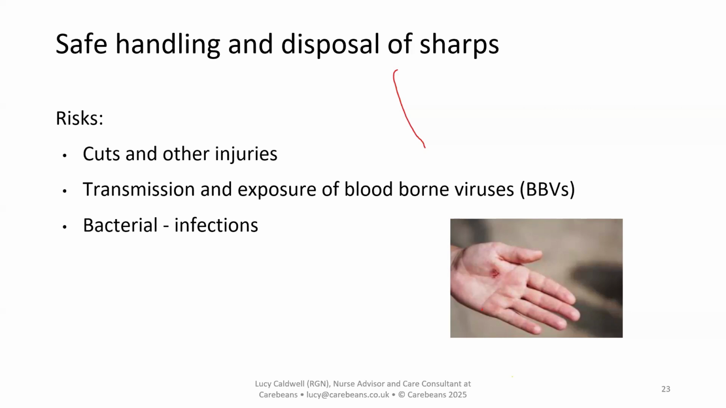So the risks when we're thinking about sharps and sharps cuts, we're thinking about injuries. They're the risks when we're using sharps, injuring ourselves, pricking our fingers, for example, therefore transmitting and exposing bloodborne viruses, so HIV, hepatitis, etc. And there's a risk of bacterial spread there if we get sharps injuries. So if you did get a sharps injury, in other words, if you did prick your finger with a needle or a sharp,